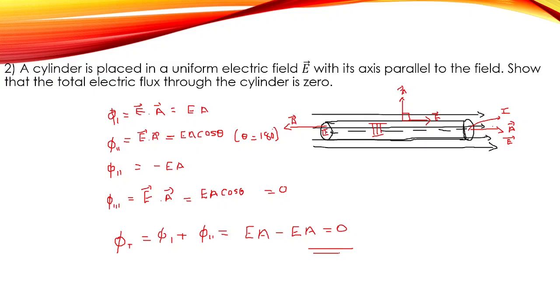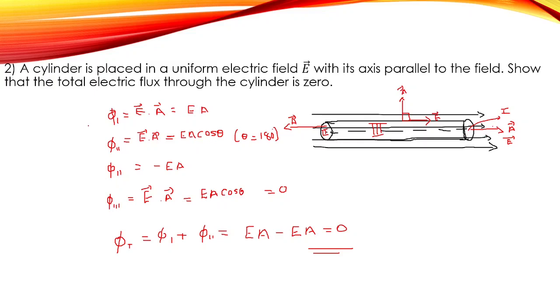So by this we have proved that total electric flux through the cylinder is 0. I'll explain this to you once more. We have considered three surfaces in this cylinder: this is our first surface, this is our second surface, and this is our third surface. We have found the electric flux through our first surface, and since here our area vector is in this direction, perpendicular to the surface, and the electric field is also in the same direction,